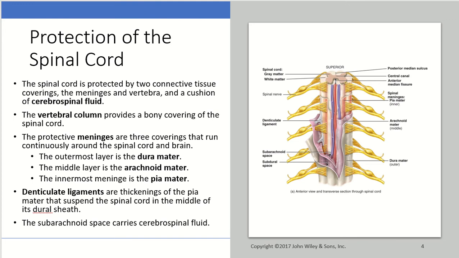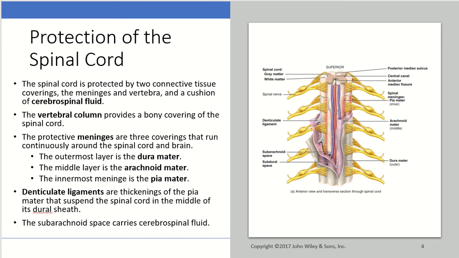And the layers of the meninges that are found around the spinal cord are also the same as what you would find around the brain. So the outermost layer is called the dura mater. Then the middle layer is the arachnoid mater, and then the innermost meningeal layer is going to be the pia mater. So that pia mater is also going to have something called denticulate ligaments, and these are going to be